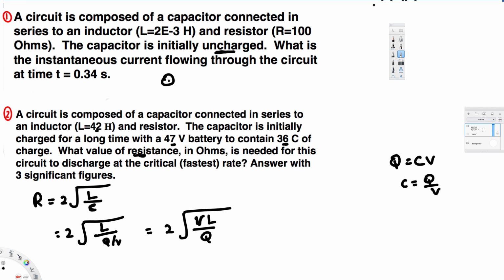Okay, now this is the one we are going to plug. Now when you plug it in the calculator, it's better to do this part alone first, VL over Q. Otherwise you will have problems with BODMAS rules. Sometimes you will get the wrong answers, right? So it's better to do this part outside, like V times L over Q, then plug it in the square root, then multiply by 2. And if you do that, V times L is going to be 47 times 42 divided by the charge, that's going to be 36, and if you calculate this one you will get 54.833. Then if you square root this one, square root of VL over Q, you will get